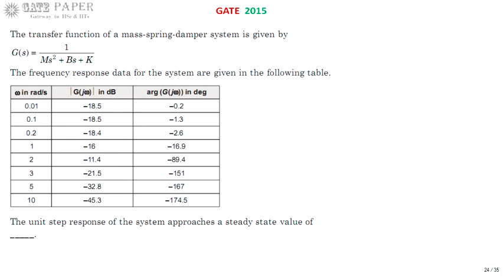Okay, so let us assume we are going with a mass spring damper system which was given as G of S, and the input for this one is, for example, R of S, and the output is Y of S. So Y of S is equal to G of S into R of S, and after taking the inverse Laplace transform, what you will obtain is Y of t. So Y of t can be calculated after taking the inverse Laplace transform of Y of S, and we are going to calculate the unit step response of the system approaching a steady state value.